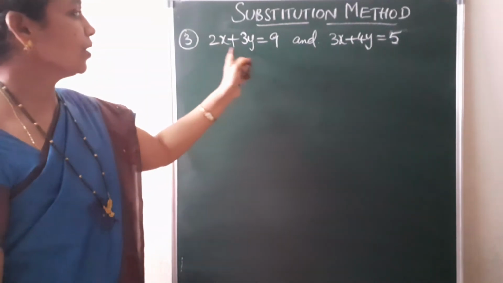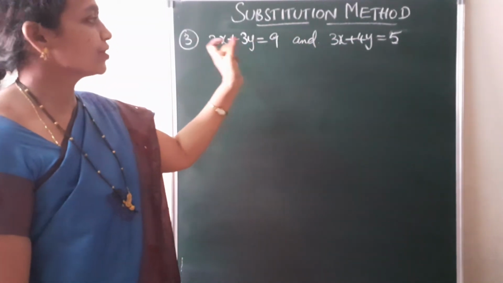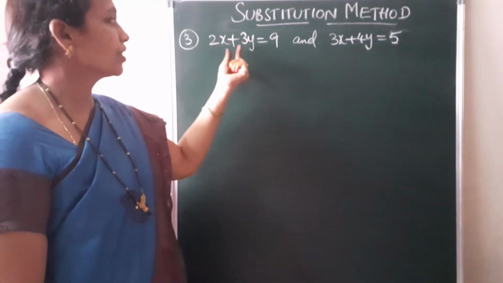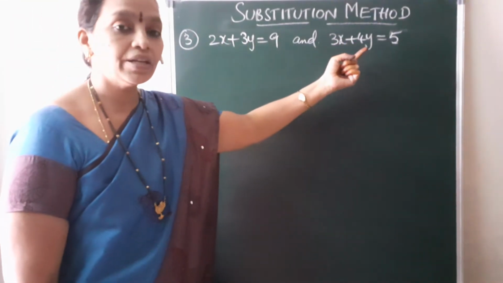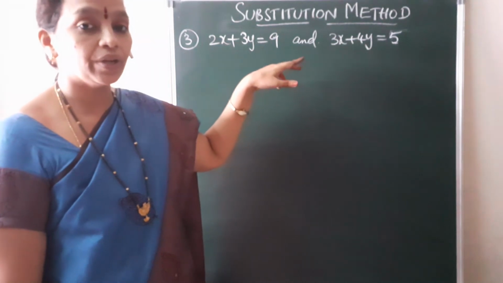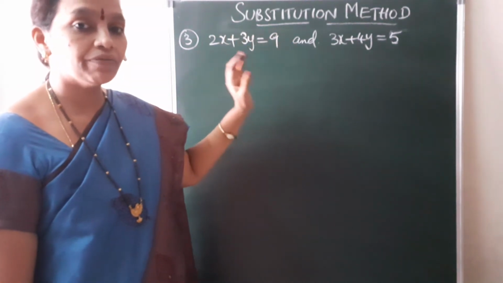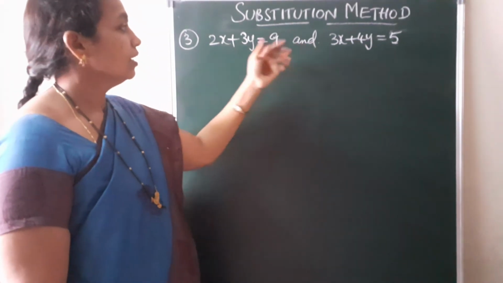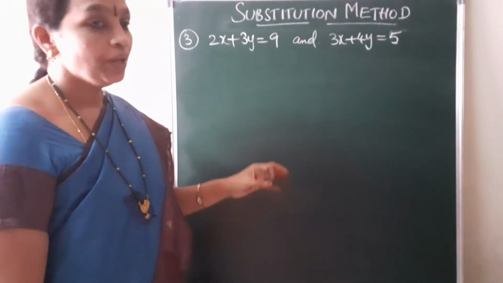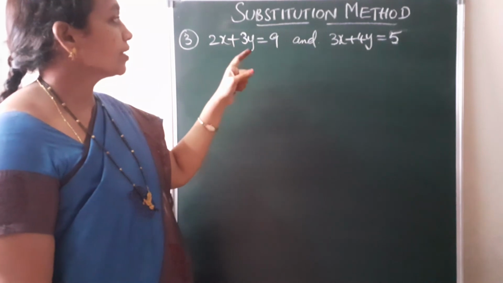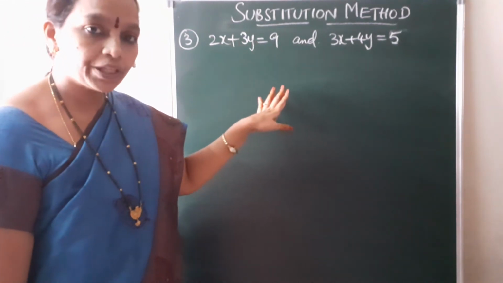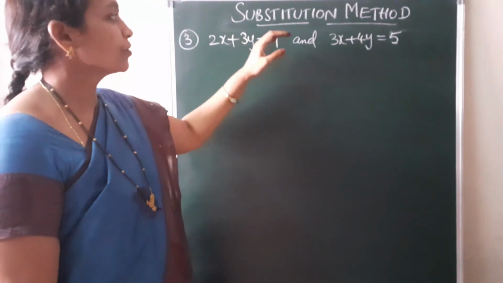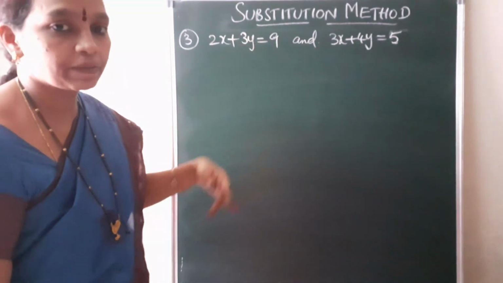So in these two equations, x and y are not individual terms. That means there is an x coefficient and a y coefficient. Previously, in the two other examples I have taken, the x coefficient is 1 and the y coefficient is 1. In such a way I explained. But if it is like this also, we can do it. And whenever it is asked to choose a suitable method, you can go with the elimination method. But if you must solve by the substitution method, I will explain how you can solve.